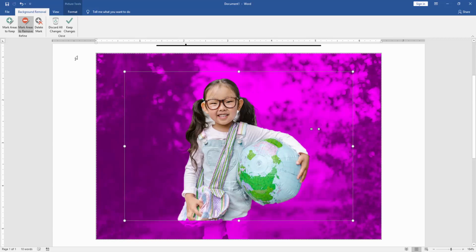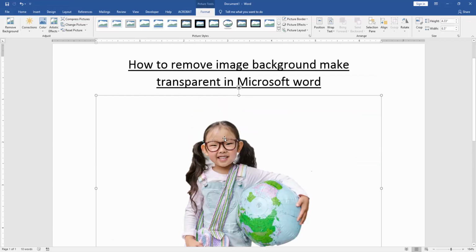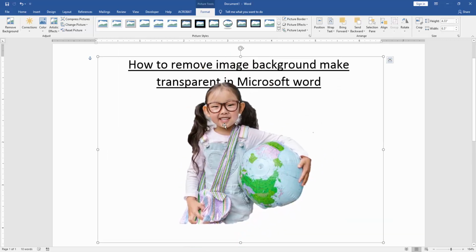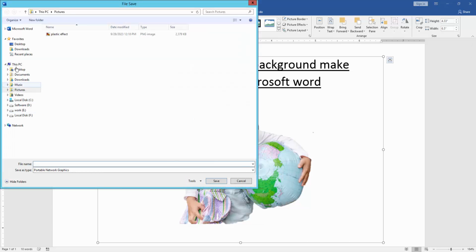Then we click Keep Changes. Now we can see this girl's background is removed. We click the Wrap Text option and choose In Front of Text to move this image freely. Then we click the right button on the mouse, then click Save as Picture, then